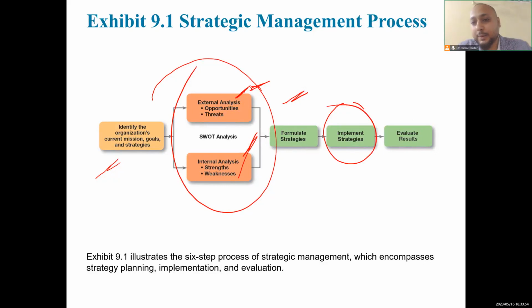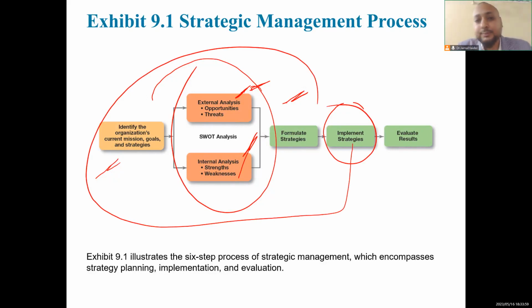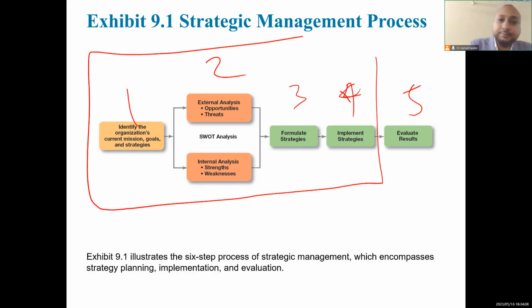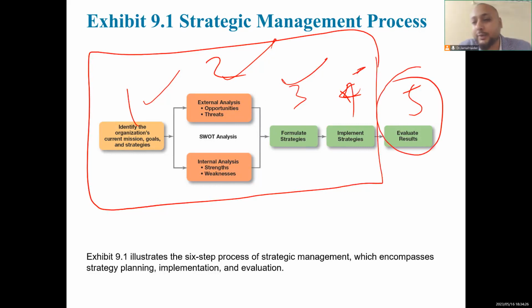Right? So the first 4 processes, if you focus on that, okay, so sorry, there are 5 steps. But if you focus on the first 4 steps, they are starting from planning, and then implementing those plans. And at the end, it focuses on controlling or evaluating.